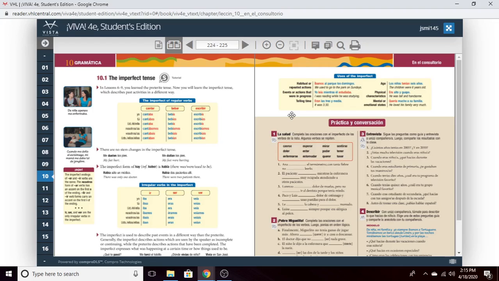The most common use of the imperfect is to say used to. If you used to do something, you did it many times. We're not going to use it with the preterite in the same way, like to tell a story, for example. To tell a story, you'd have to jump back and forth. What we're going to do is treat them separately.